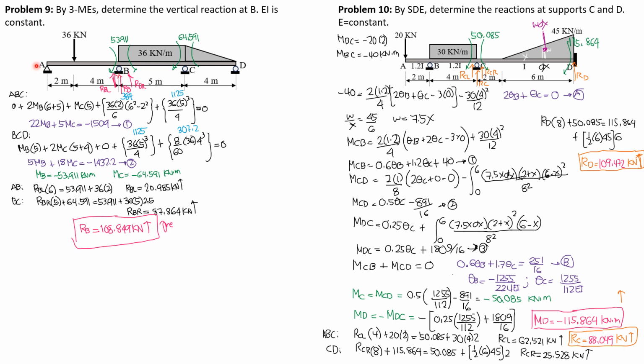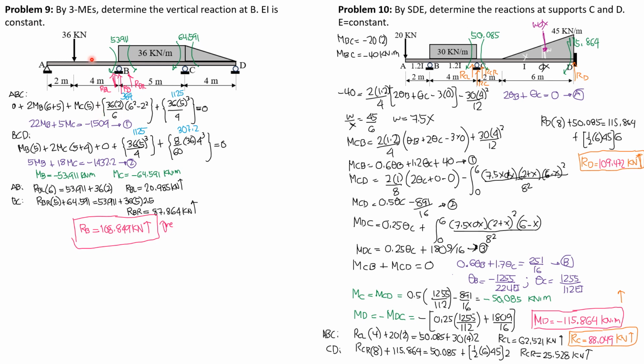So we write three-moment equations on spans ABC. There's no support movements or settlements. The moment at A, because this is the end and it is a pin, is 0. The moment at D is also 0. So for ABC, 0 moment at A plus 2 times MB quantity 6, since EI is constant, so 6 over 1, or simply 6, span AB plus span BC 5 plus moment at C times span BC